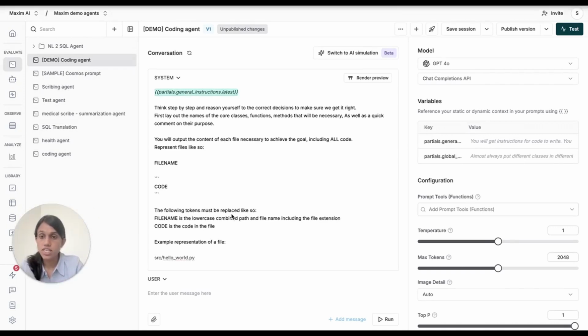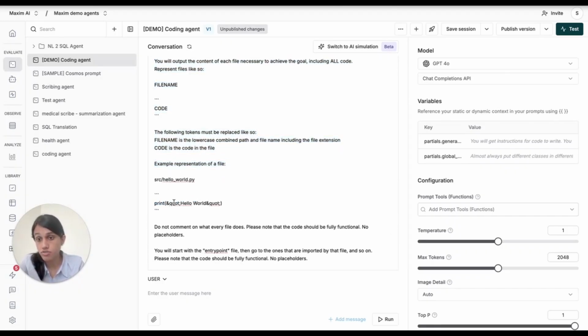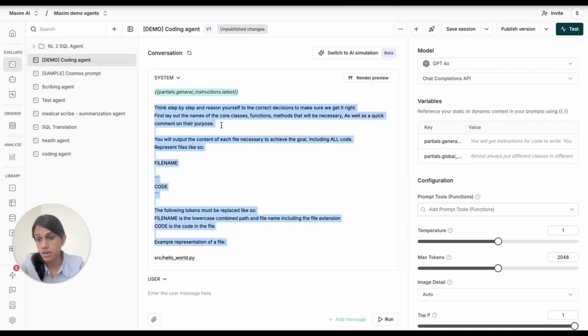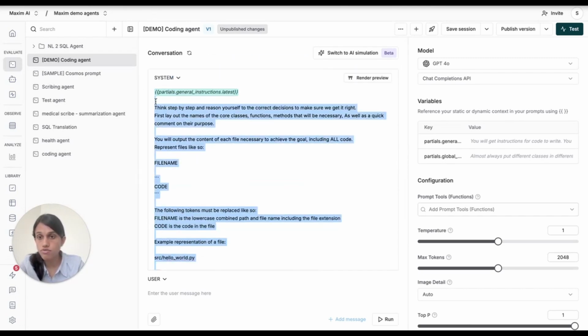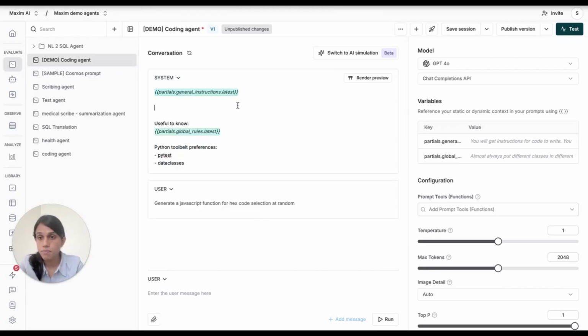So there could be certain cases where you want your partial to render based on some condition. For example, in this particular case, we have 2 different modes, a generate mode and an improve mode. If somebody is trying to generate code, the instructions are very different from if they are trying to improve code. And that's where we would want this to become conditional. All of what we have right now is specifically just for generation, but we want to use the same prompt for both cases. So what I'm going to do is remove all of this right now and instead use this